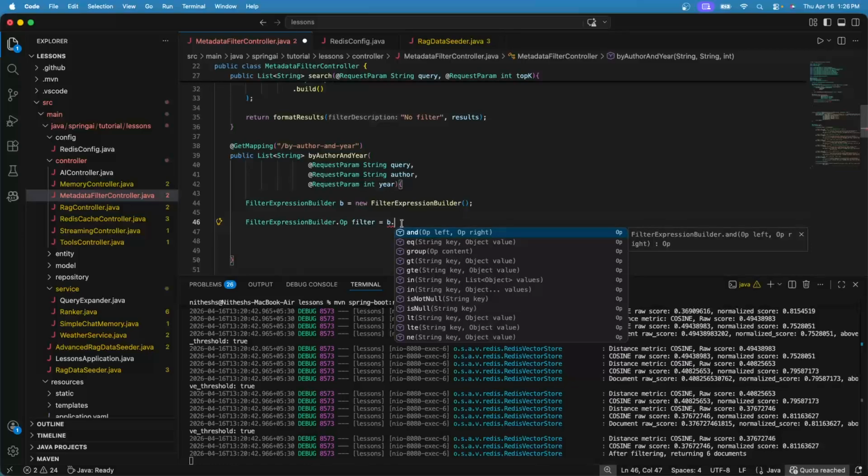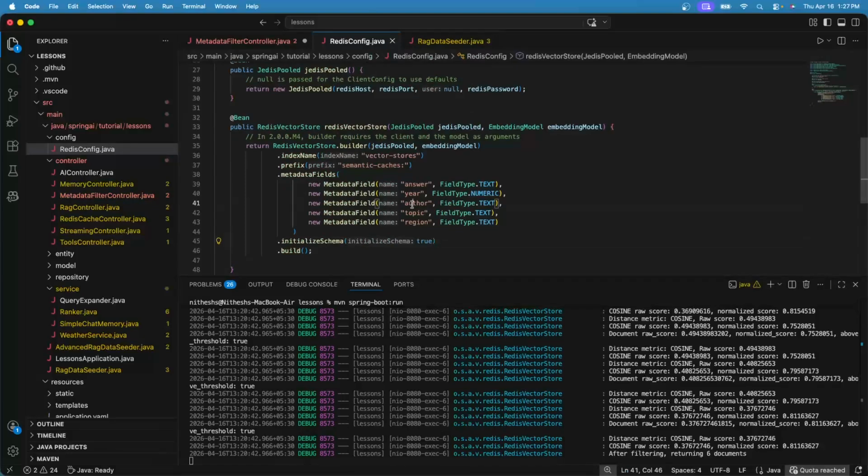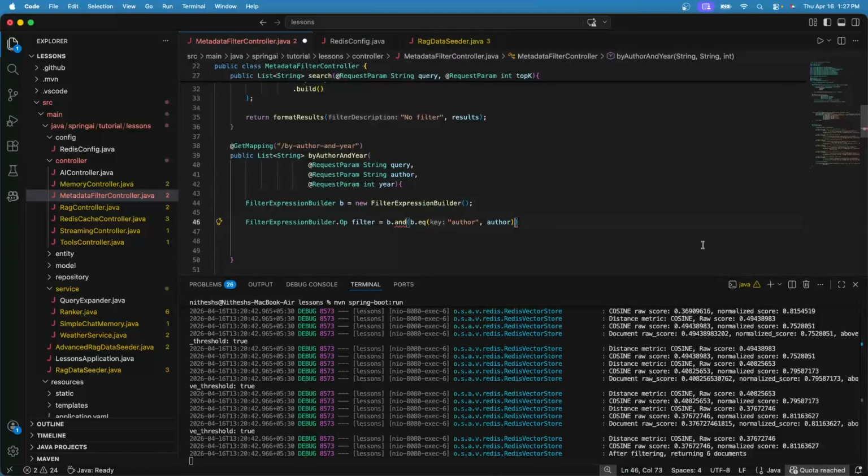Now let's use and, as we have named our API author and year. Then we define b dot equal to author. This author is a key that we have defined here as the metadata field. We are passing the value to it.